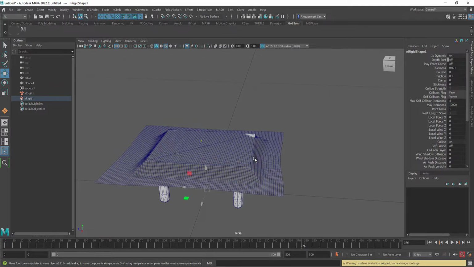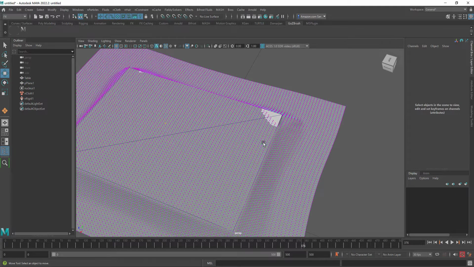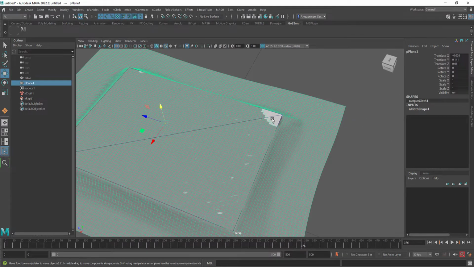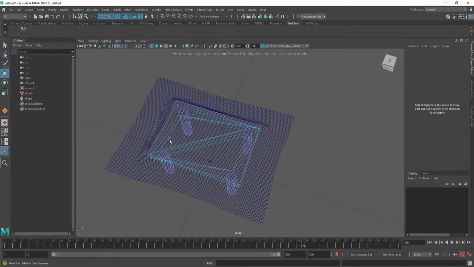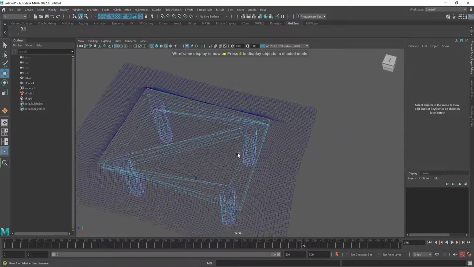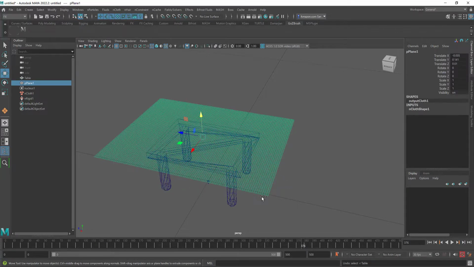The other way to do it is notice all these things called vertices. So if I right click here and I go to vertex, this table actually doesn't have that many vertexes. So if I hit 4 here, it looks at that vertex data for what it's going to latch onto. So a trick is I'm going to go ahead and hit Control Z a couple times until I remove from this table the